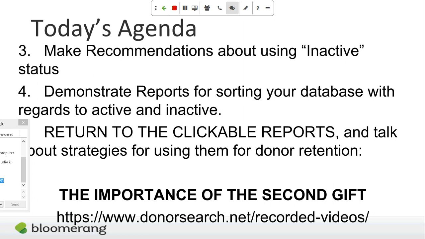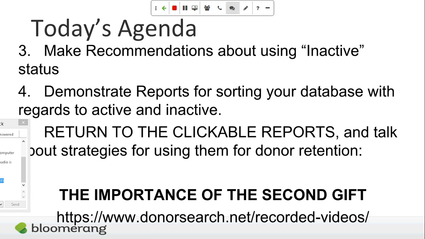change of status. When we talk in Bloomerang all the time, your donor retention wheel is showing you whether 40 or 50 or 35% of your donors are renewed. But for almost everyone, that number is a hybrid of two different numbers. Your first-time donors are typically only likely to make a second gift 20 to 25% of the time. Once somebody has made a second gift and become a repeat donor, then the odds that they will make a third, fourth, fifth gift jump up to 50, 60, 70%, and